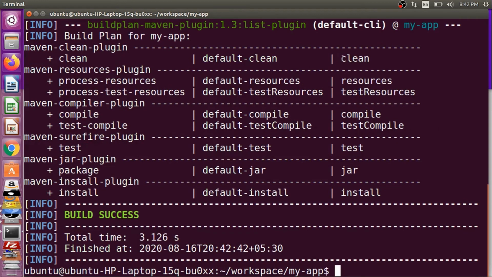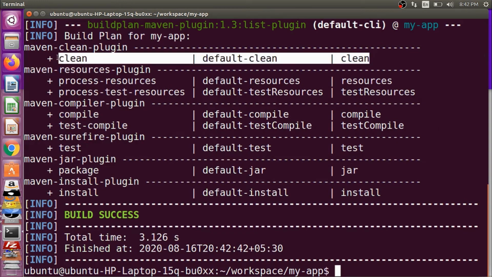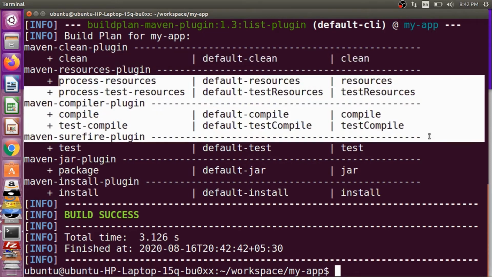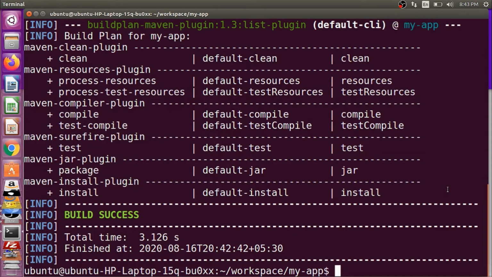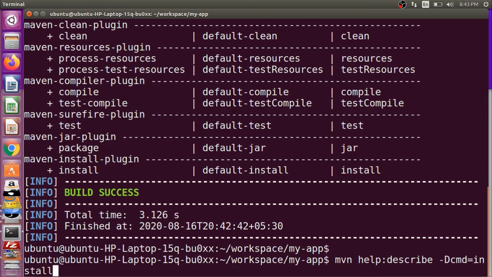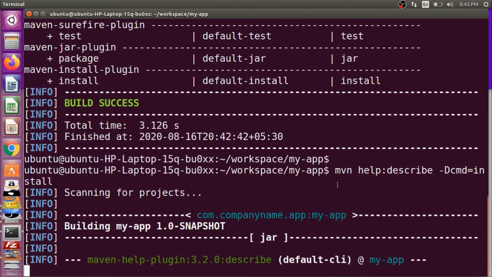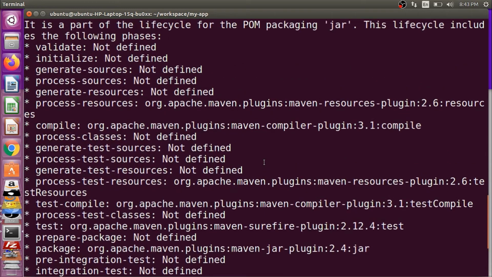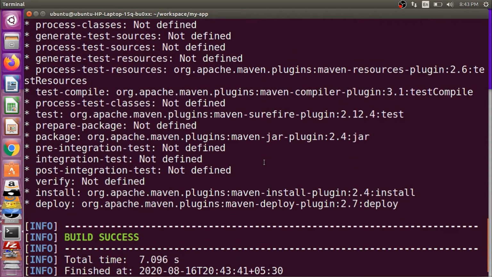Now see, for clean, it will be executing this particular plugin, and in case of install, Maven will be executing all these plugins, but the order will be the same as what we saw in the first command, that is mvn help:describe -Dcmd=install. This will be the order. We can also cross verify the same with the above command.